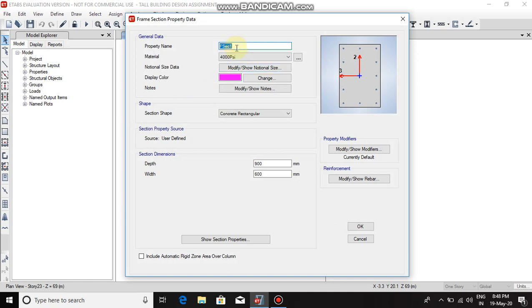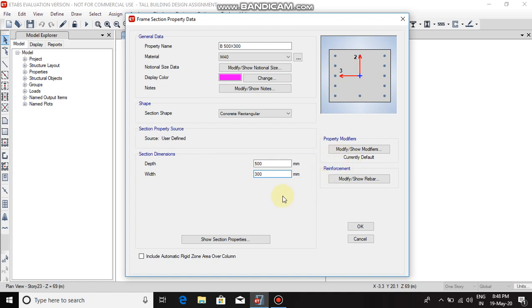Change the property name to B 500 by 300. Change the material to M40, depth 500 mm, width 300 mm.